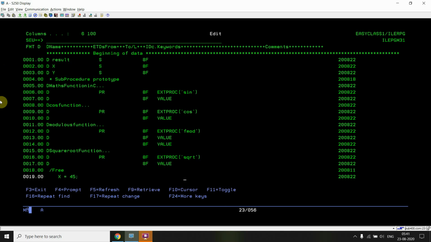Now all these functions must be passed by value, and they must return some value. Here all these functions accept a double parameter and return a double in C, but a double is defined as float 8 in RPG IV programs.